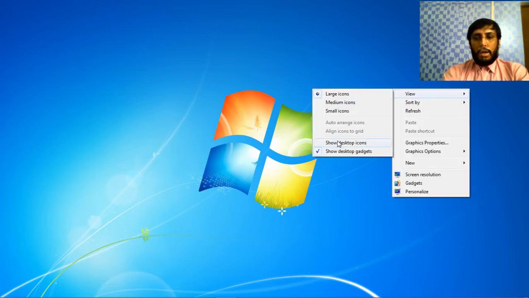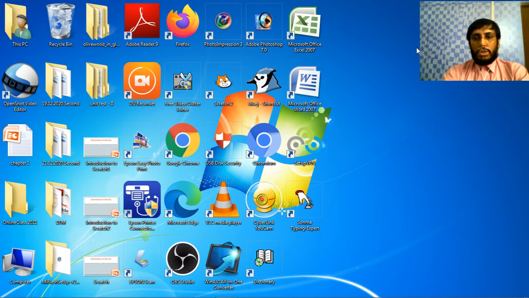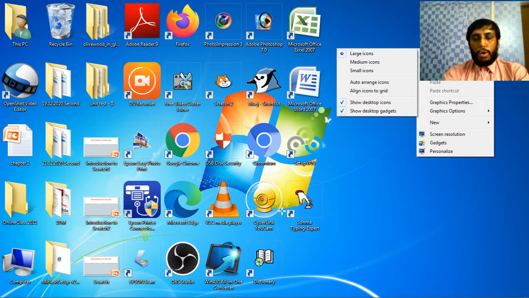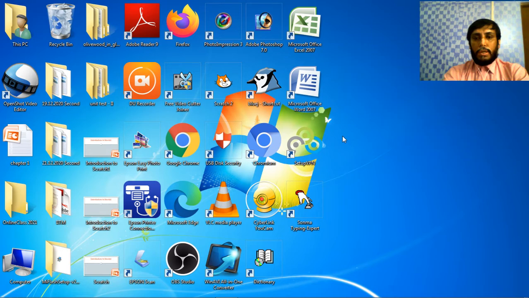So this way you can arrange, and if you want your icons to be arranged by you, not automatically, then you should uncheck it. This auto arrange icons should be unchecked, and once it is unchecked, then you can adjust according to your requirement.